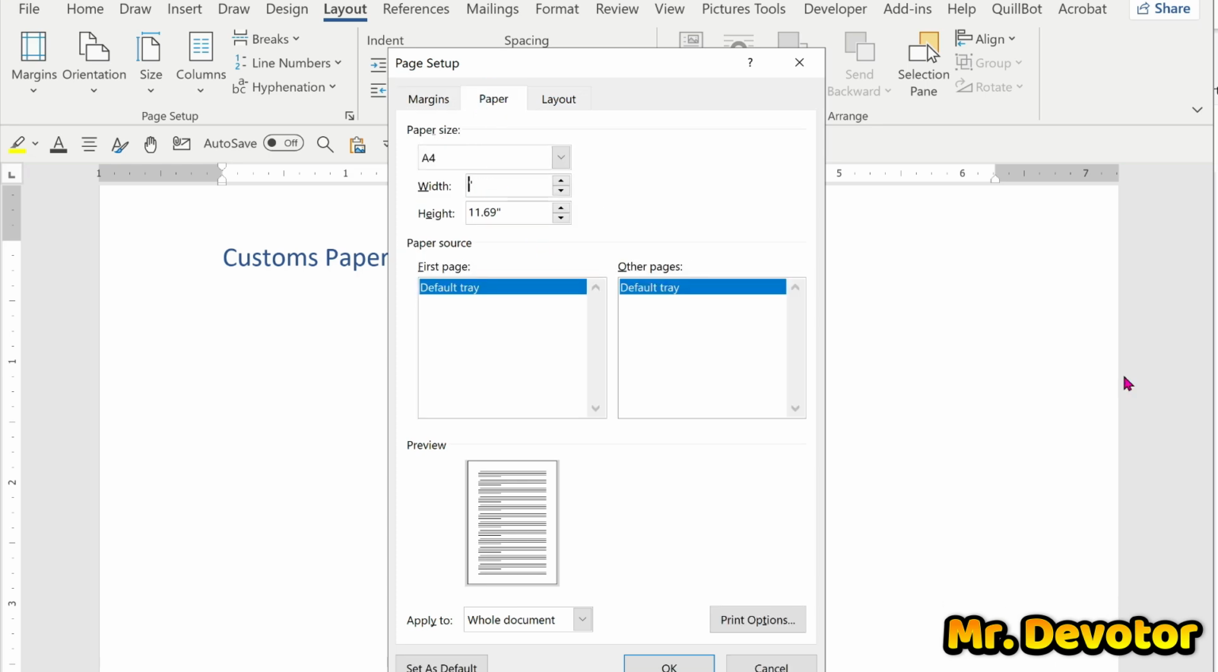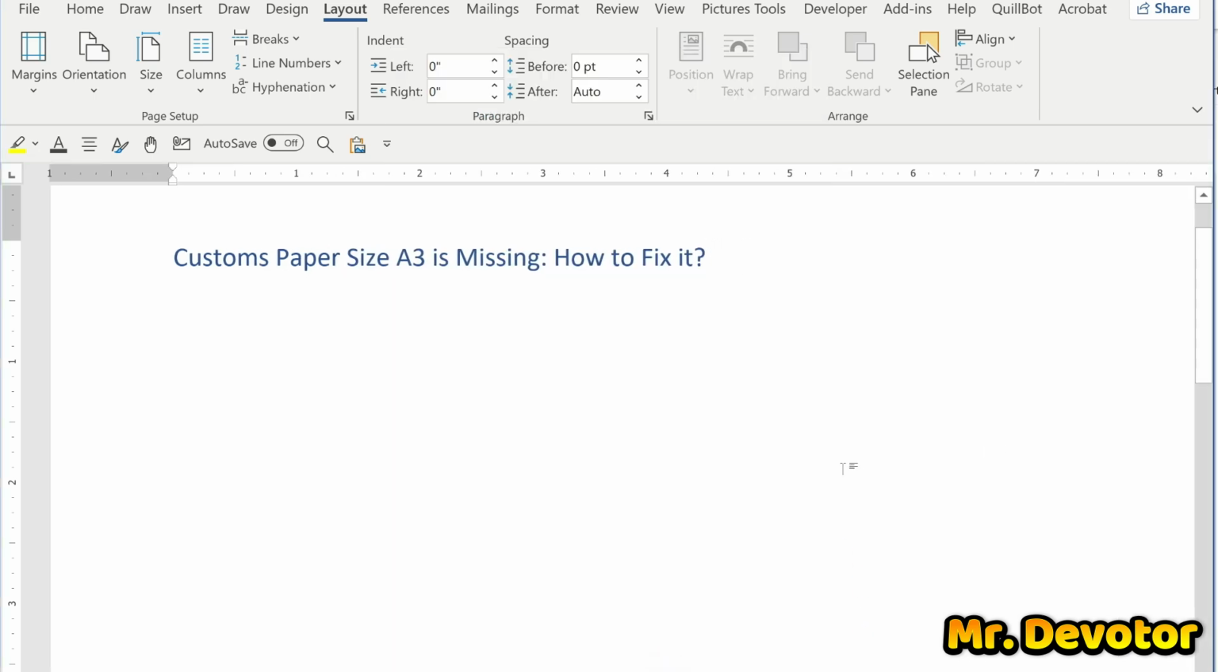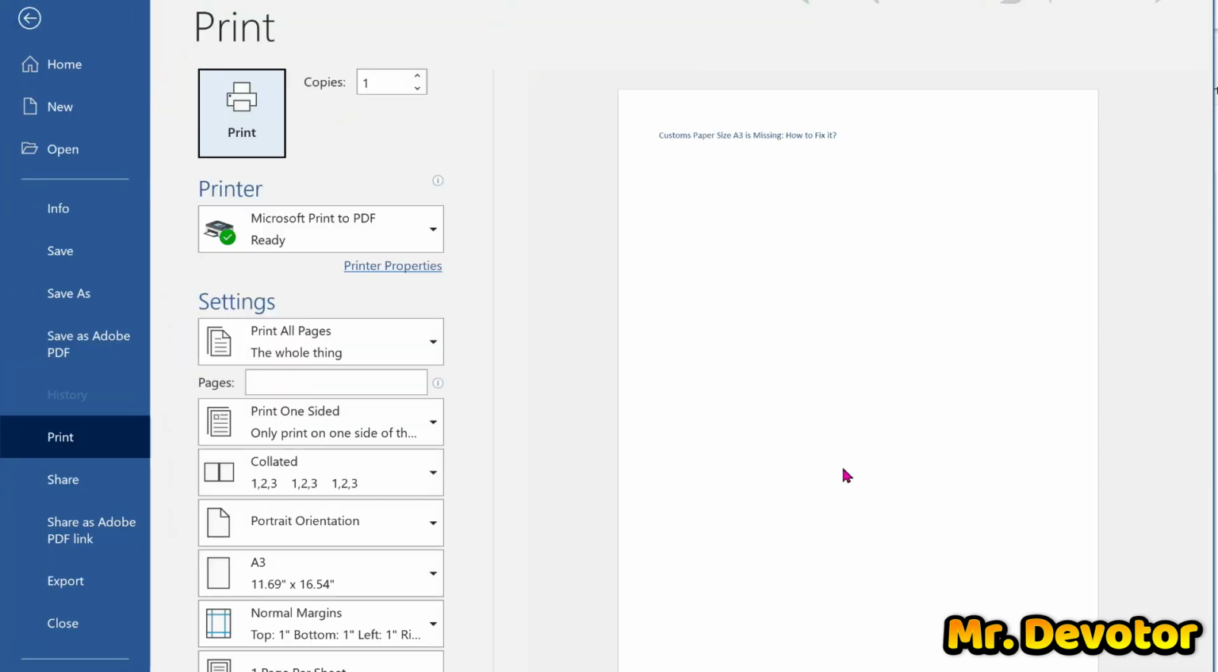You need to put the width 11.69 inches and 16.54 inches height, and then click OK to proceed, and then press Ctrl P to open the printer menu, and